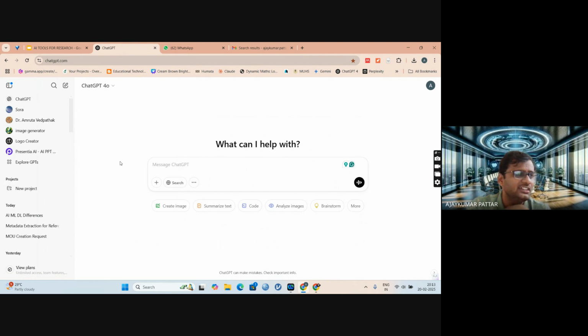Even the free version does the same thing, but there are some limitations in 3.5. Some advanced outcomes will not come, and some additional things will not be there. So for example, how to find a research problem.